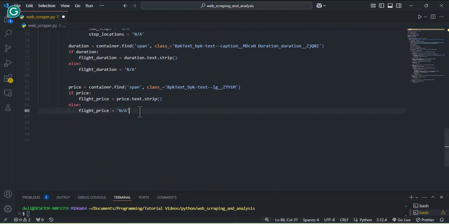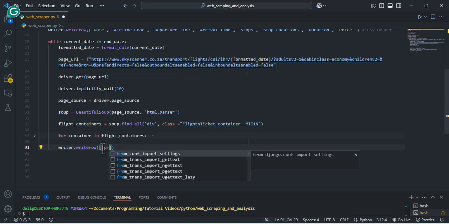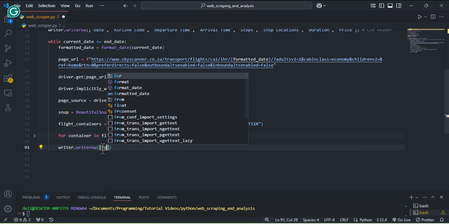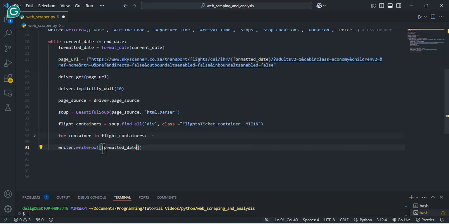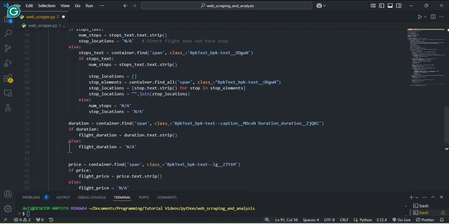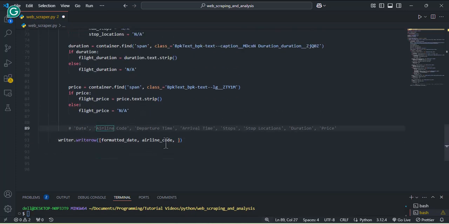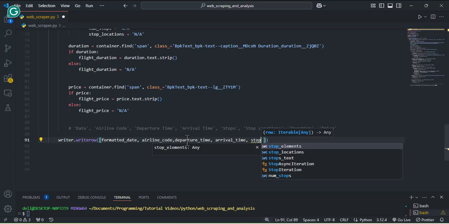Since now we have all the information that we need, I'll just write the formatted date, the airline code. Now you can open this so that we can see our element, the airline code. Also, we need the departure time. We also need the arrival time. We also need the stops,